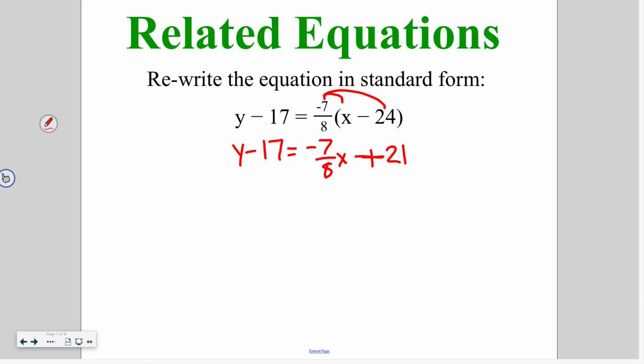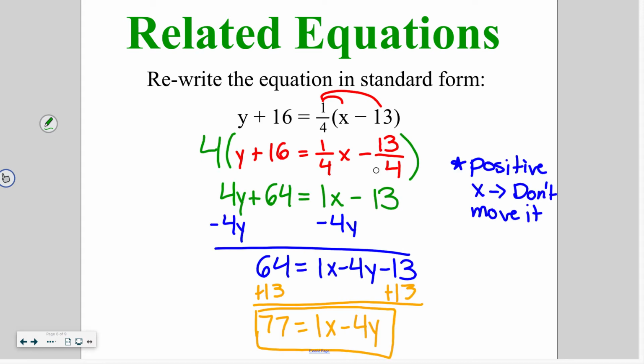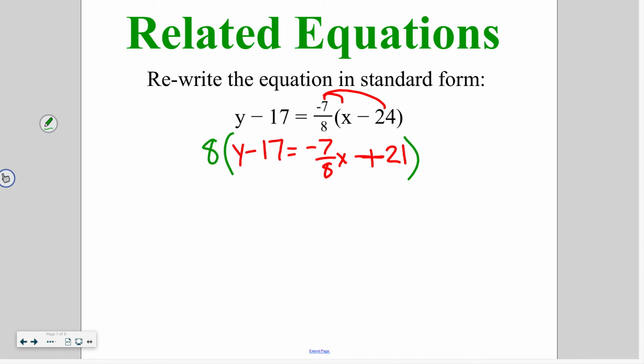Again, we still have a denominator here that we need to get rid of, so I'm going to multiply this whole equation by 8. So even though it's just the slope part that has a fraction, we still need to multiply to get rid of it. In that last example, both the slope and the other piece had a fraction. In this case, just the slope had a fraction, but we still need to multiply to get rid of it. So I'm going to multiply by 8, and once I do this, I get 8y minus 136 is equal to negative 7x plus 21 times 8, which is going to give me